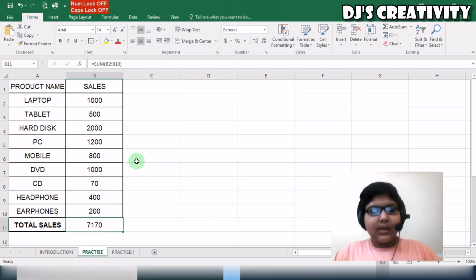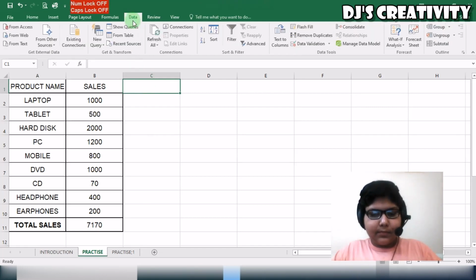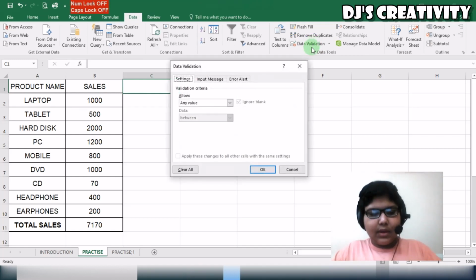Drop down lists. Sometimes in spreadsheets we see some drop down lists where we can choose a value which is available. To do this, go to the cell where you need the drop down list to be made. Then go to the data tab on the ribbon. From there, click the data validation button. In the pop-up box which appears, go to the settings tab and from the drop down list for allow, select list.